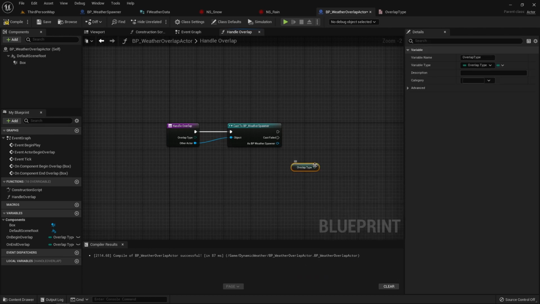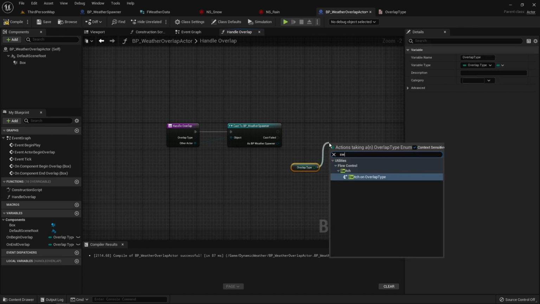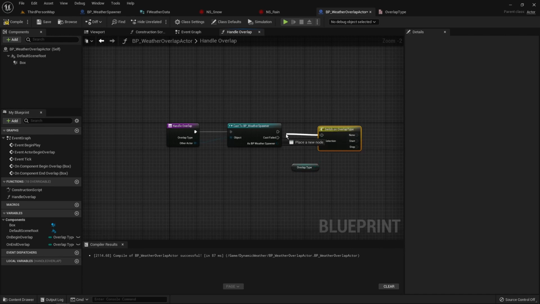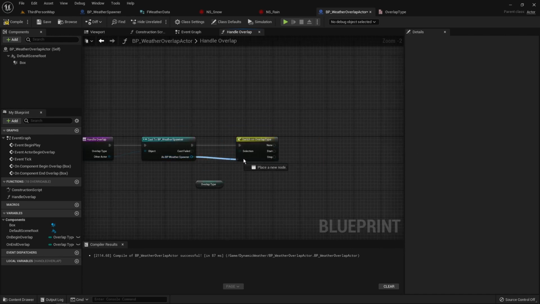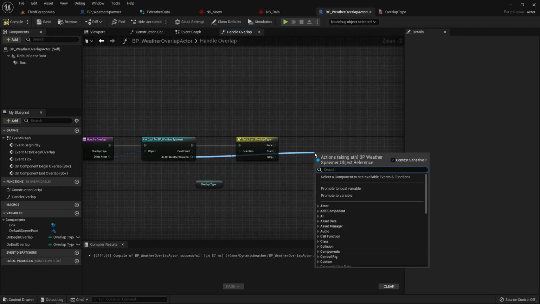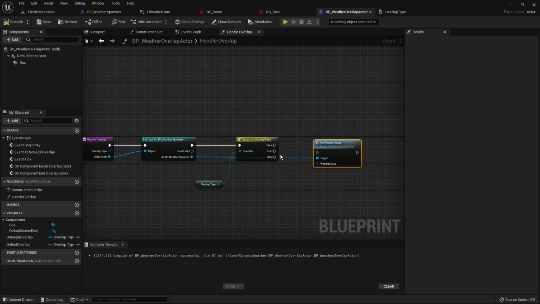There we go. Let's switch on that. If it is none, we have nothing to do. If it starts, we are going to call set weather data,